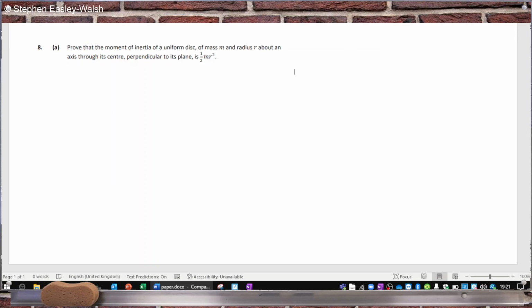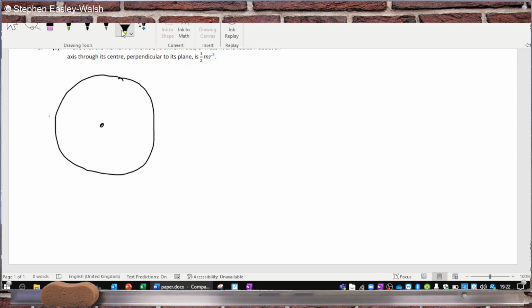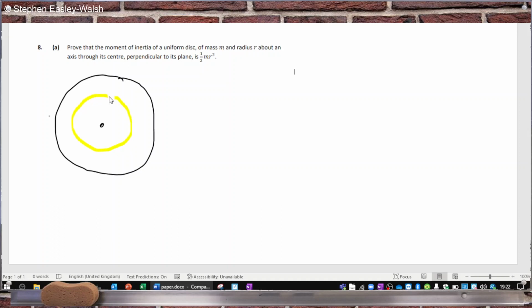Okay, good old classic moment of inertia question: for the uniform disk of radius R, about an axis through its center and perpendicular to the plane. So there's our disk, there's the center, and we imagine that the disk is comprised of these annuli, whatever the plural is, and that one is located at x from the center, and its thickness is